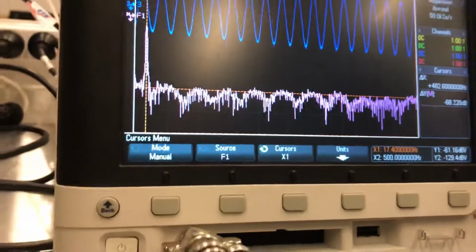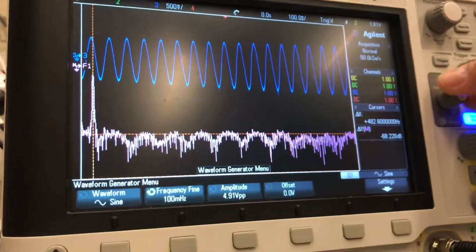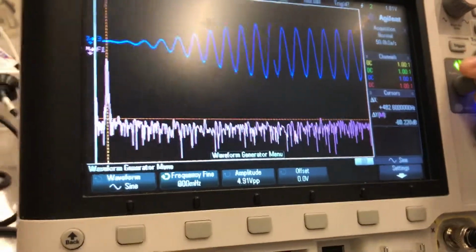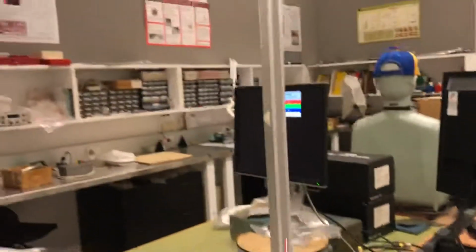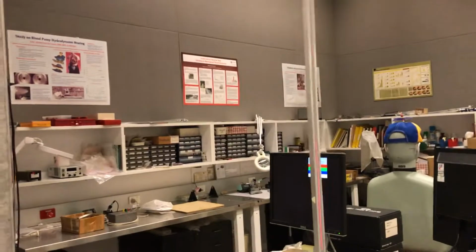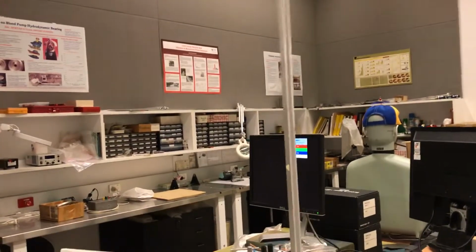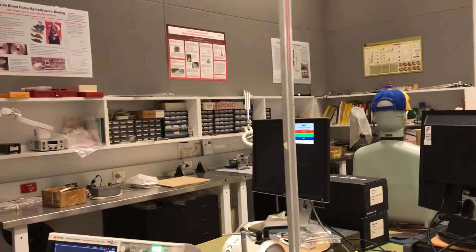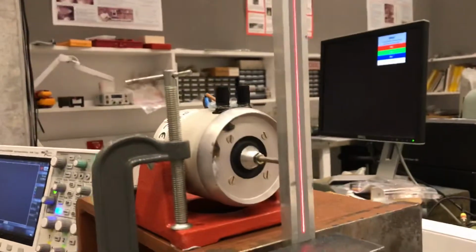If we now increase the frequency of the scanning and have another look back up at the beam, we can see that I'll slowly increase the scan frequency. We can now start to see some quite interesting patterns of the laser beam as it tracks up and down the beam. And as we increase, for example, to double the